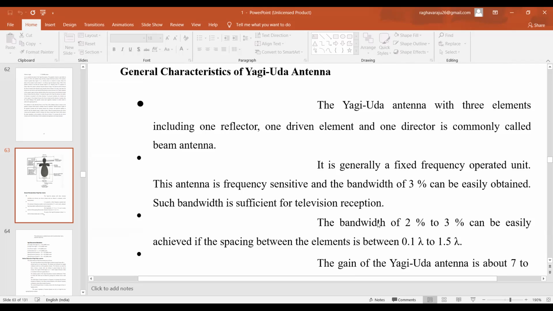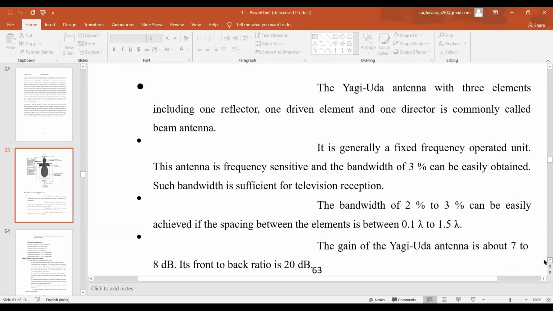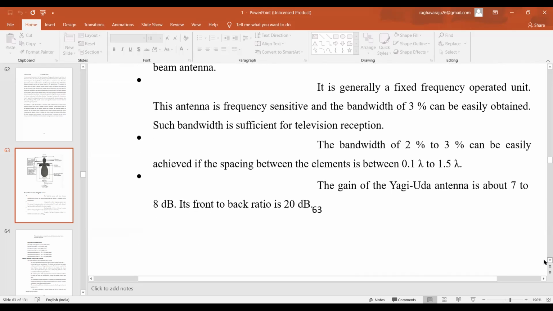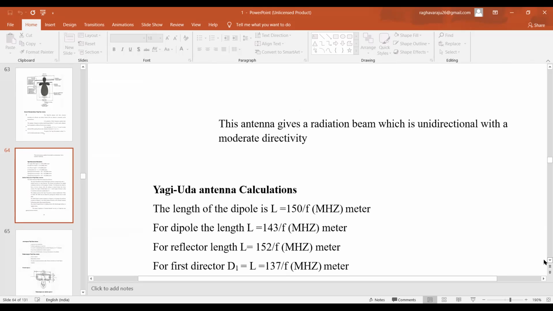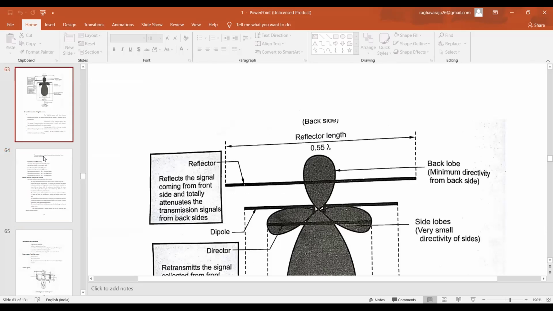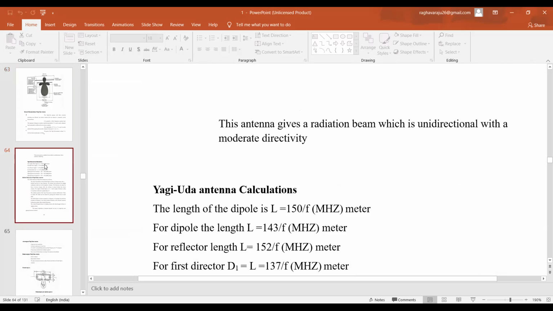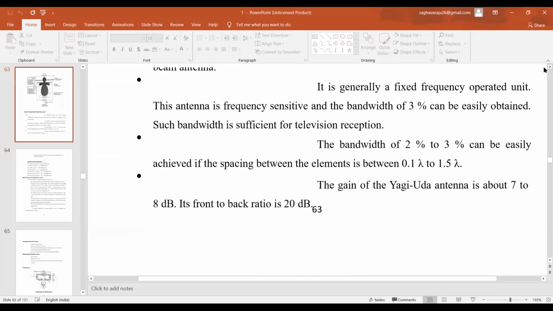So the gain of the particular Yagi is about 7 to 8 dB, and it is the ratio, and that is 20 dB. So this antenna gives